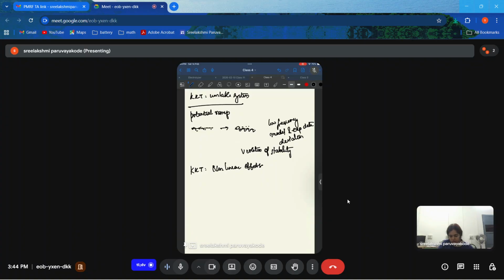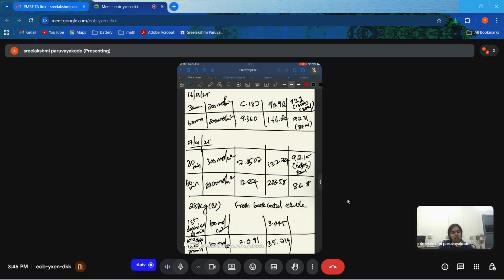So for nonlinear effects, what we are doing is we are giving a large amplitude perturbation. The large amplitude perturbation means this EAC naught by IAC naught becomes a large value, and this is used to collect the EIS data. So if the data we acquired using this large amplitude is different from the data we get from a small amplitude, we say that the nonlinear effects are manifesting in the data